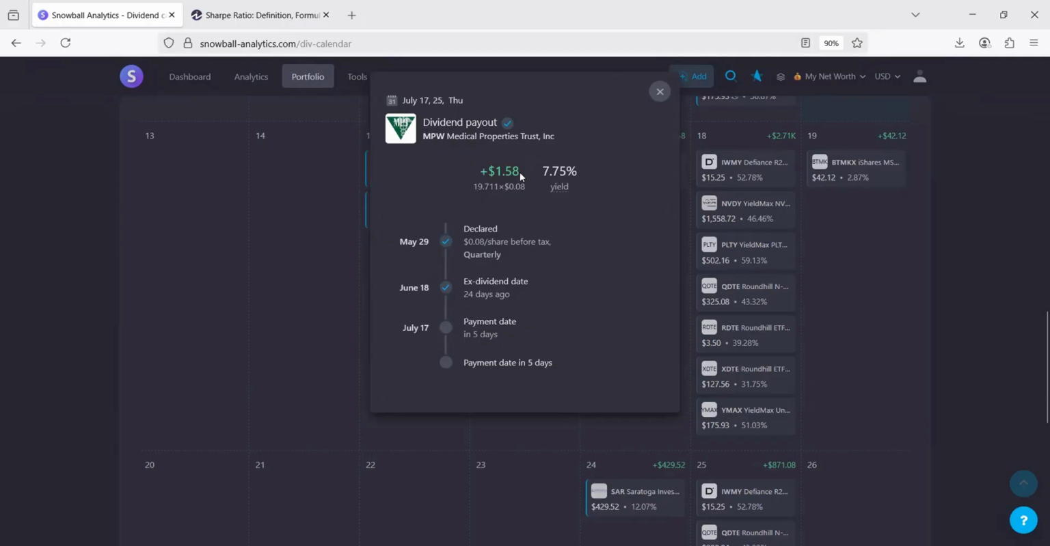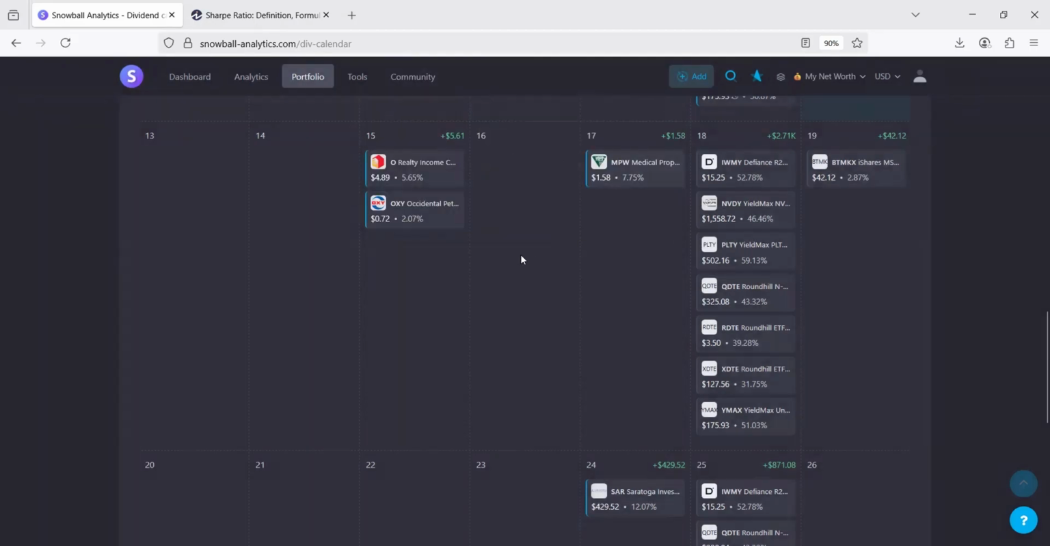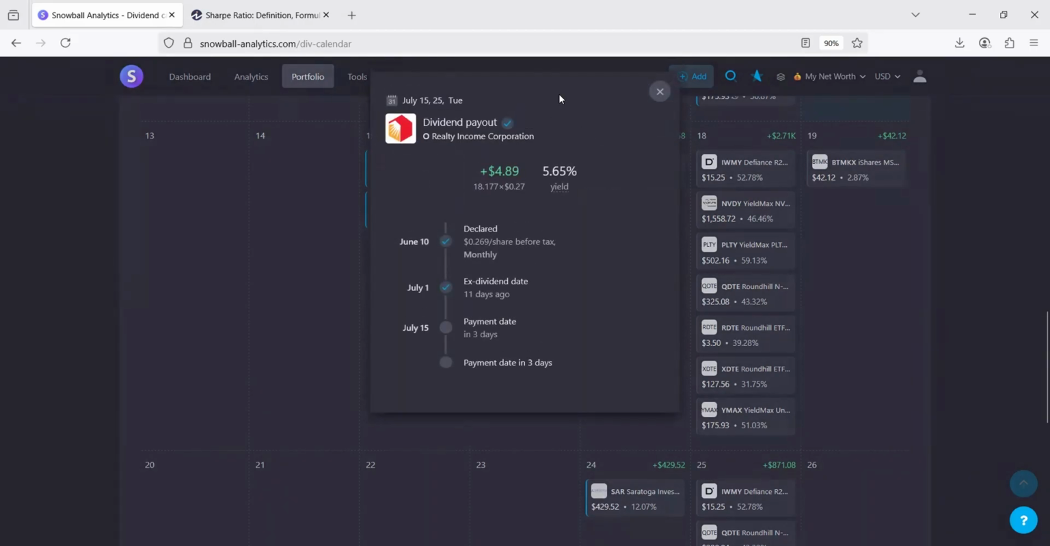And so it's calculating out, according to my shares, what I should expect to see for a dividend payout. This is super helpful. Here's O, Realty Income. This is the most popular dividend stock according to this software tool, and I'll show you where to see that. But they've announced a dividend share of 0.269, which is an increase, I think, from the last one. I'd have to check that, but the ex-dividend date was 11 days ago, and the payment date's in 3 days. So it's calculating at a